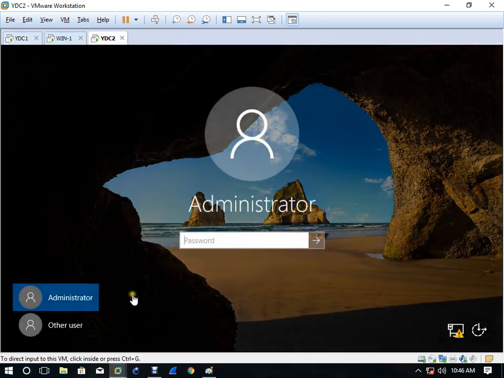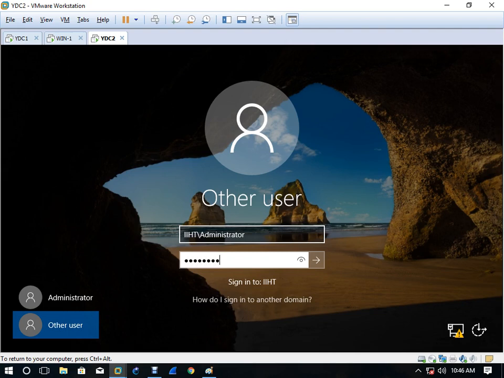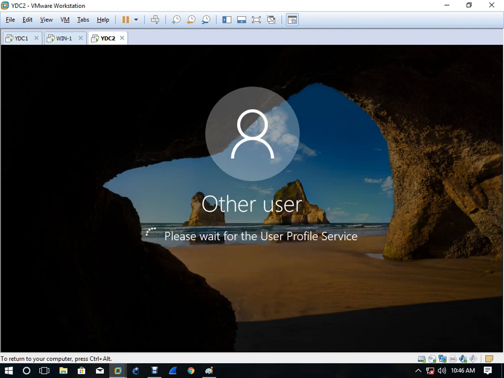Okay, see. Now let's come here. So I'll click here other user, right? In other user you have to write here what? Yes, IIST slash administrator, enter.